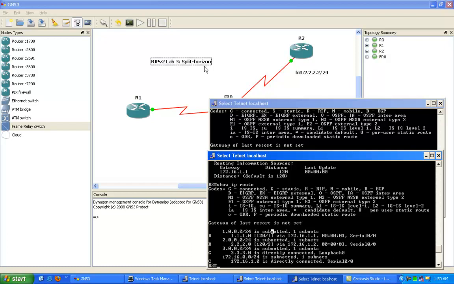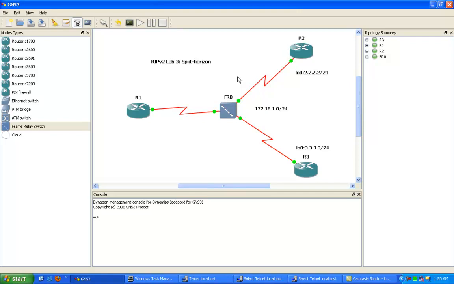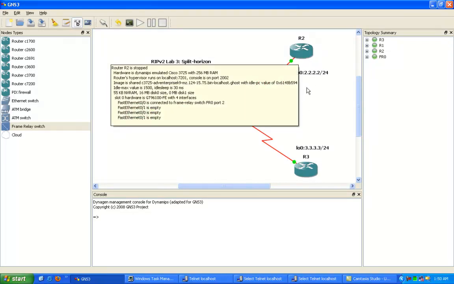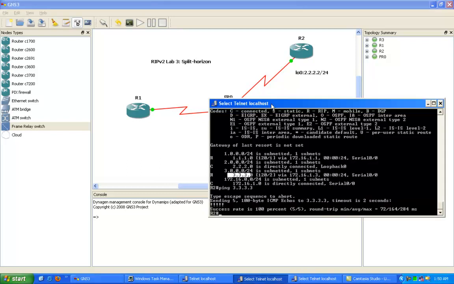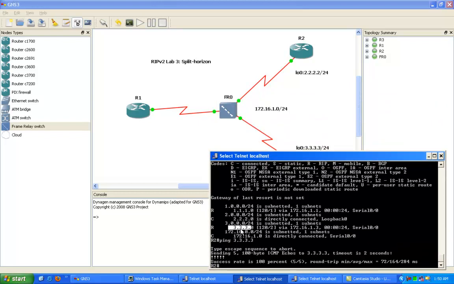In EIGRP, with the same network type, point to multipoint over a non-broadcast multi-access frame relay network using physical interfaces, this outcome that we see here will not be shown. We will not see each other's spoke updates being received. So on router 2 we shouldn't see router 3's network, and the same thing on router 3, we shouldn't see router 2's network. And I'm going to show you why in RIP version 2, or in RIP here, why